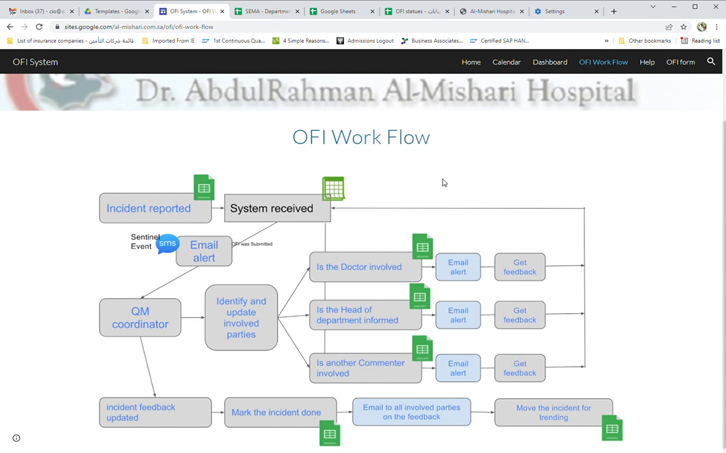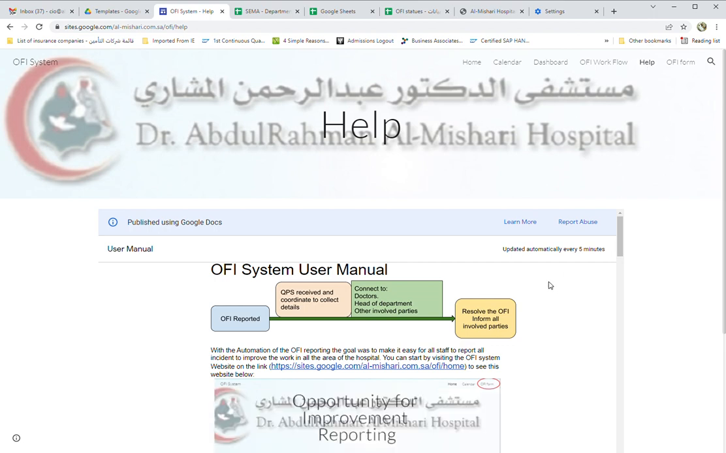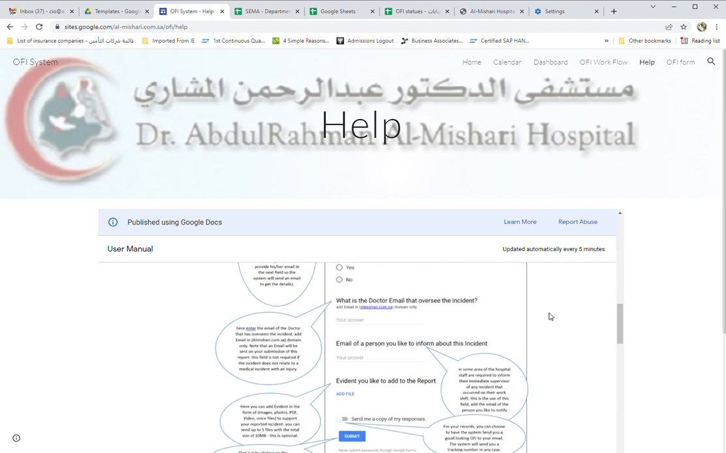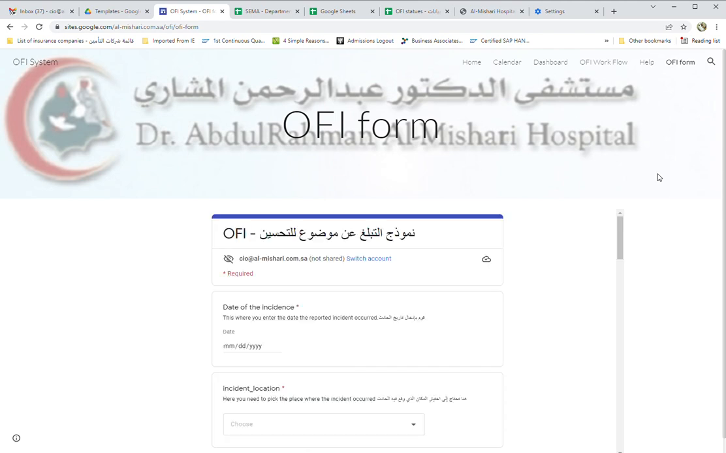Then it will go through this cycle until the coordinator decides that this needs to be updated and marked to be completed or done, and it will go through a trending mechanism that will be handled by the quality department. As we stated also previously, help is available on the main website, and we gone through this document previously in the previous section. The last part is the OFI form itself, and this is typically the workflow, the form for